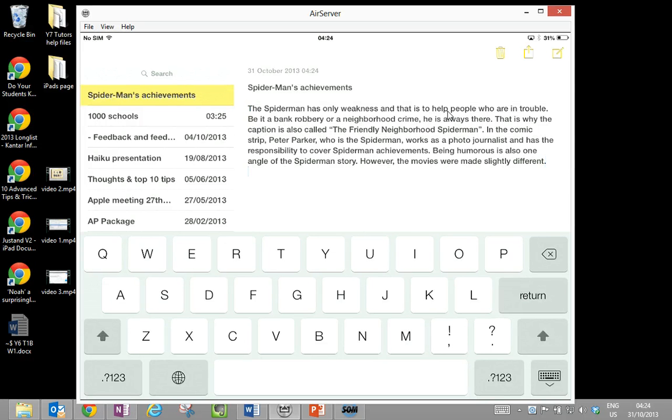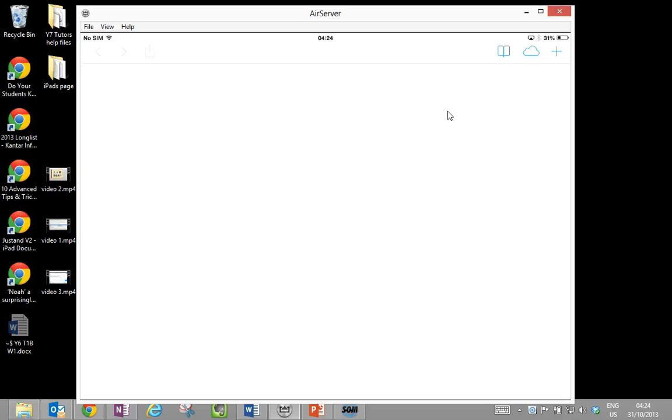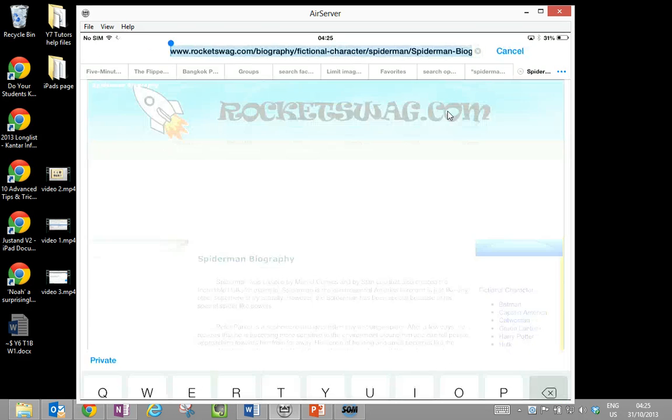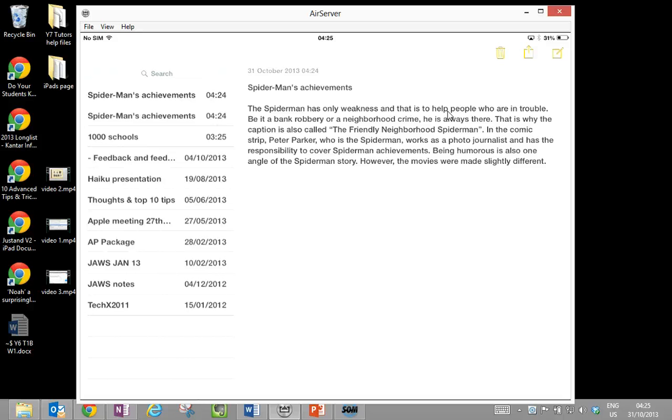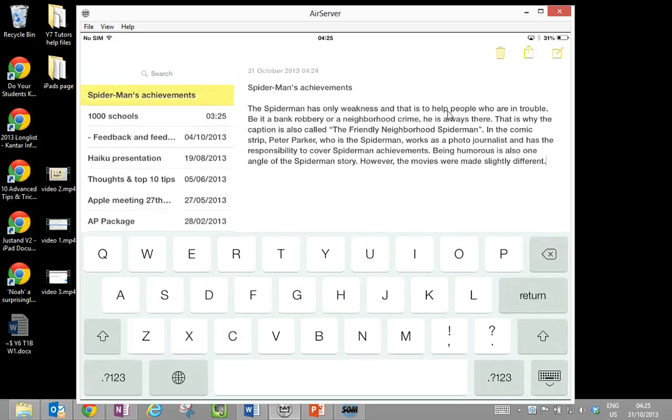Now you can see I've got that achievement there, but what I want to do though is put the URL, the hyperlink that that website came from, so that later on I can go back to it if I want to do that. So I'm just going to go back to my website, and it's disappeared, which is interesting. So it's loading back again, and I'm just going to click on that and copy it. So I'm going to copy that and swipe and go back to my note. When you do the swipe, that's a multiple finger swipe,